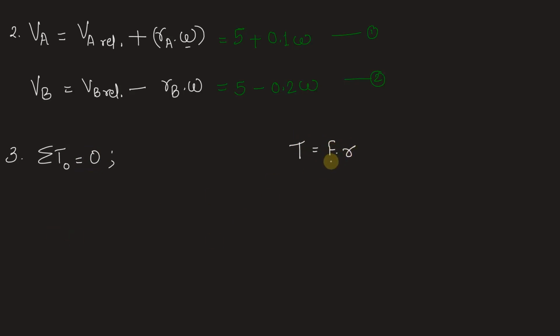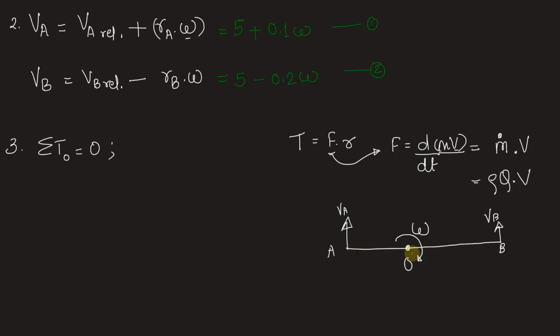In our case, force is provided by the water jet that is coming out of the exit nozzle, and force is rate of change of momentum, that is d by dt of mv. Now in this case, velocity is a constant while mass is changing with time. That is nothing but mass flow rate into velocity. Mass flow rate can be written as density into volumetric rate, that is discharge, into V.